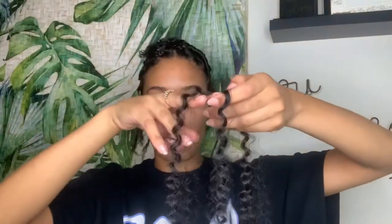Just take my finger and fluff the bottom and pull apart. That makes it so much easier when you fluff out the bottom, because this hair is tightly curled, so it will tangle up if you try to pull it apart just normal. All right, so now that the hair is fluffed out,